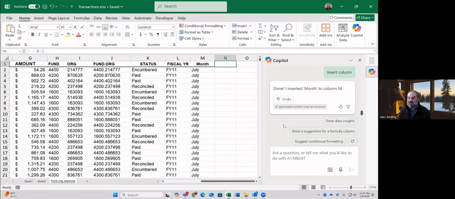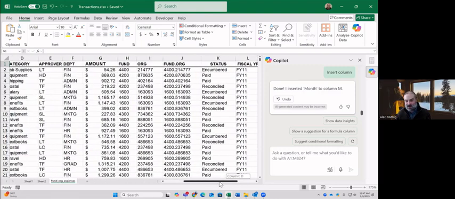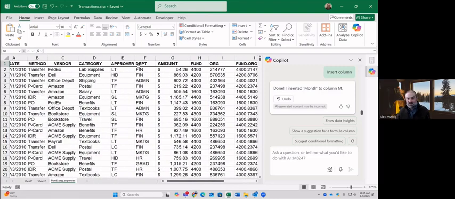And the second area is it actually reviews, it understands your data set. Like these are pretty obvious. And I was careful to say MKTG rather than marketing department, things like that. But I have a spreadsheet that is meant for my eyes only. And the titles at the top were not necessarily all that clear. And I asked it a question. And by the context of the data, it was able to answer my question, even with very strange titles up there. So it actually goes through and attempts to understand the context of your data to figure out what it is.